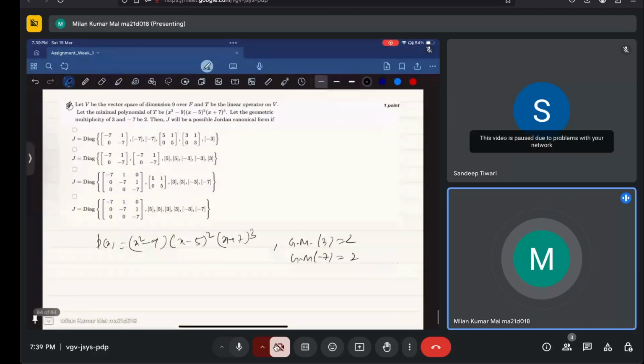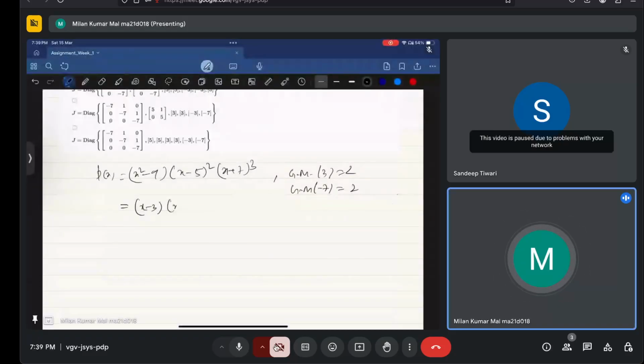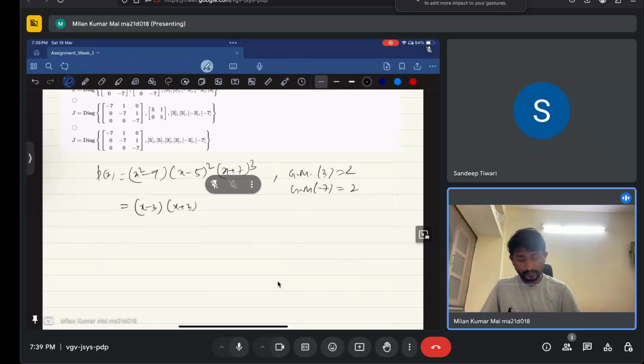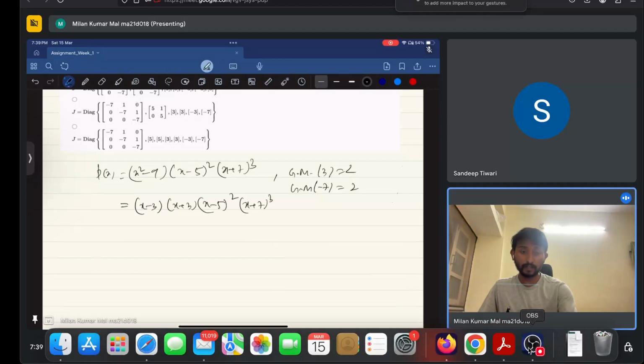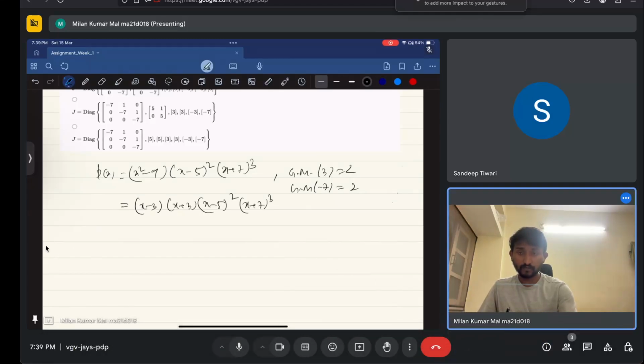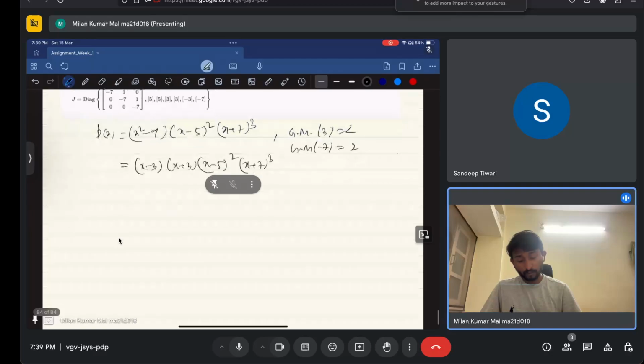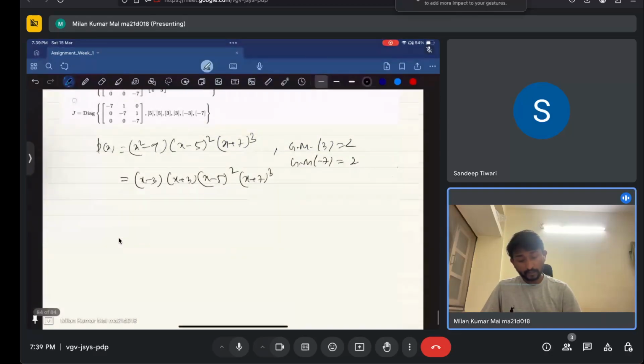So the minimal polynomial is this, therefore one can write x square minus 9 as (x minus 3)(x plus 3). So we have (x minus 3)(x plus 3)(x minus 5) square (x plus 7) cube. This is what we have already, right? Now the geometric multiplicity of 3 is 2, that says the algebraic multiplicity must be greater than or equal to 2. So that means